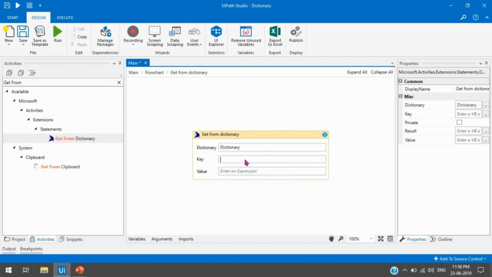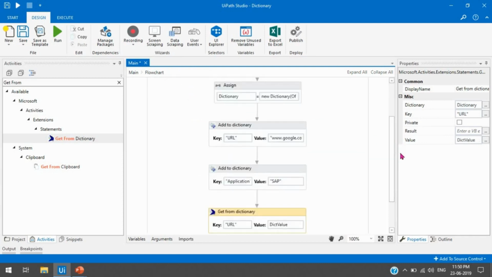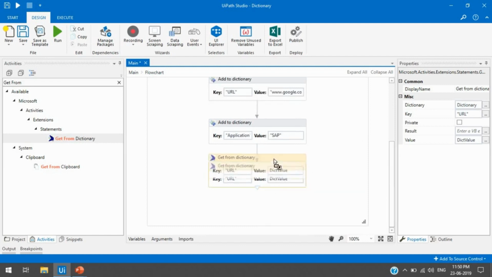The key will be, let's suppose I need to get the value of key URL. So I'm going to pass here in double quotation URL, and then here in the value I need to get the value of this key URL. So I'm just going to create a variable, and that is called dict value,